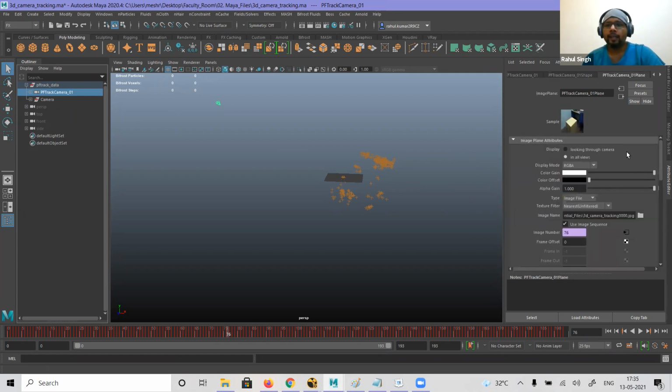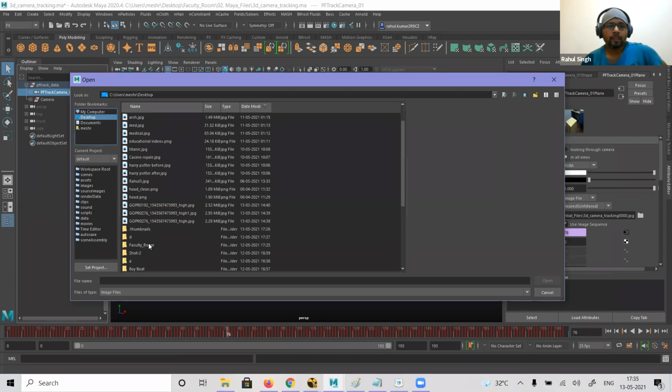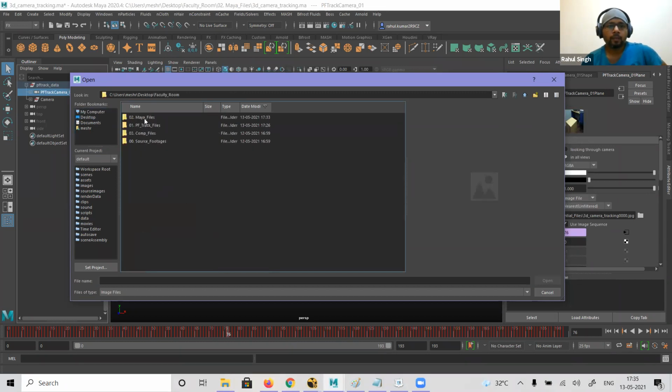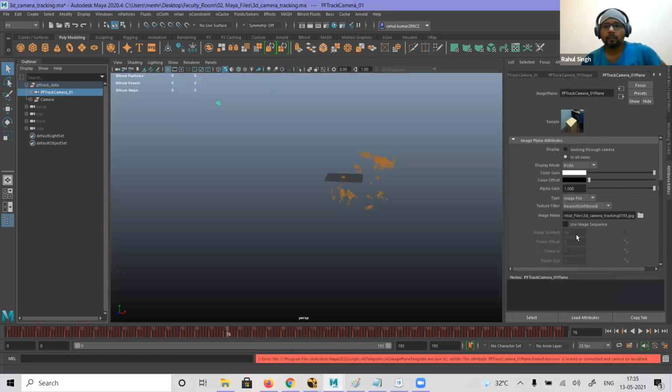This one. And I can bring my footage. So here I can say use image sequence. Where is the footage? I have to give the path. So I'll say desktop, faculty room, source footage, sequential file. This is my use image sequence, right?